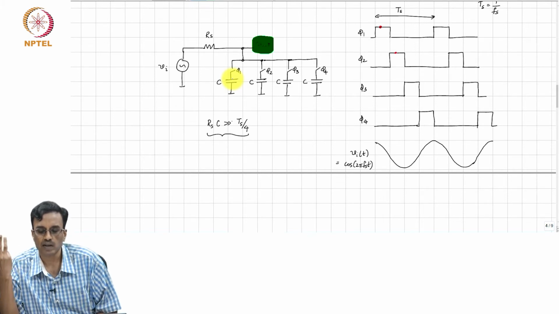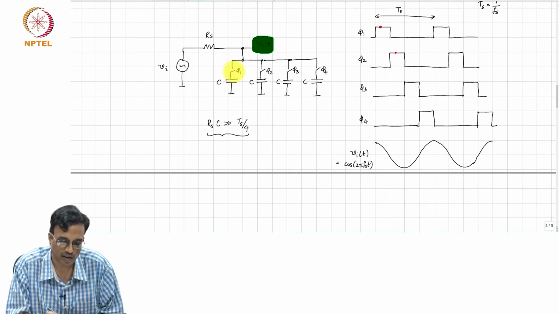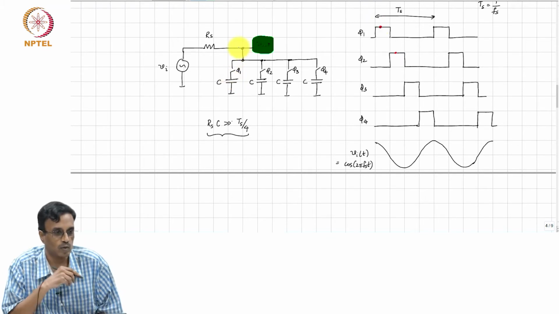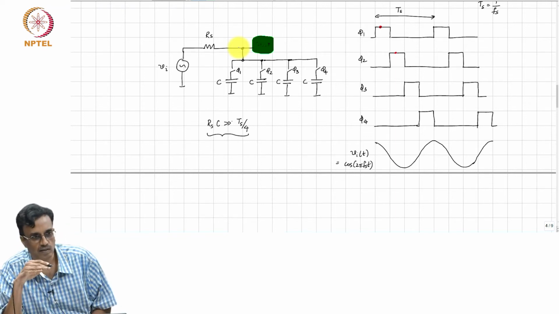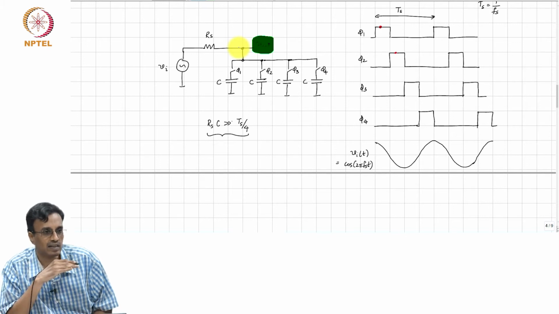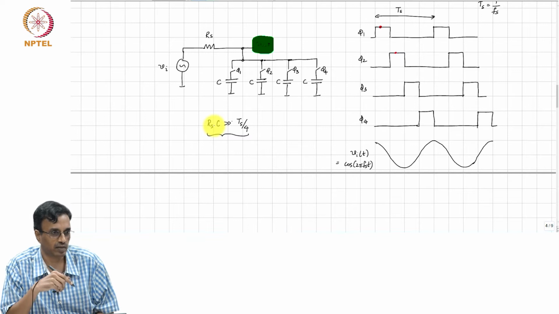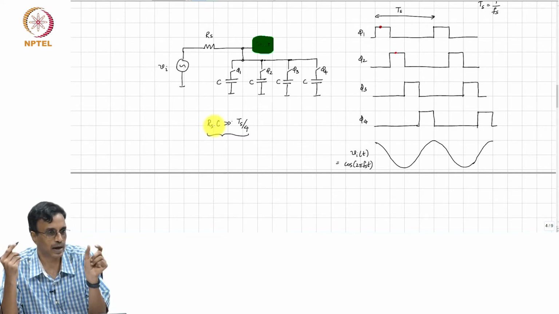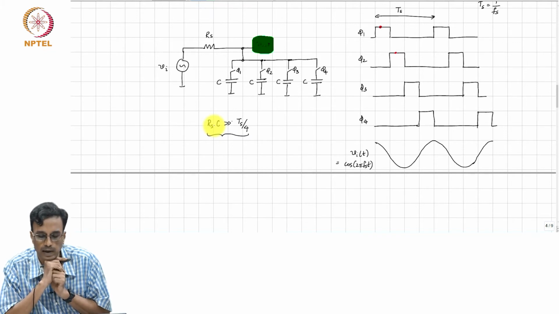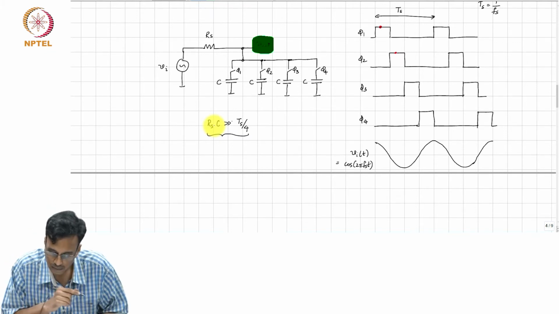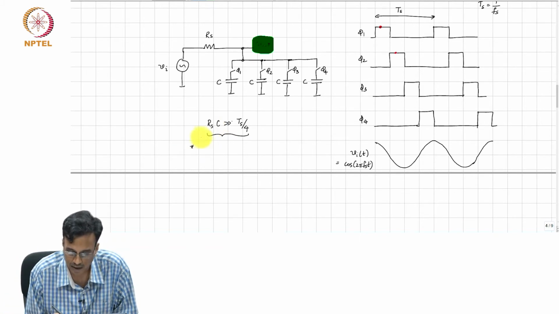So, basically what this means is that when the switch is closed and the capacitor is connected to the resistance, the voltage change across the capacitor is going to be very small, because the RC time constant needed to discharge the voltage across the capacitor is very large compared to the period in which that switch is on, correct. So, that basically means that